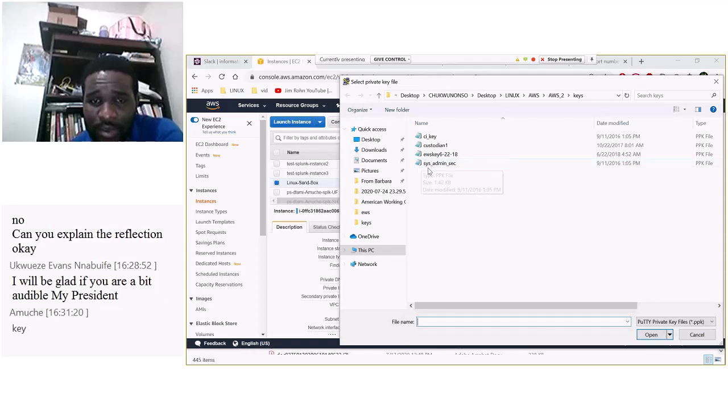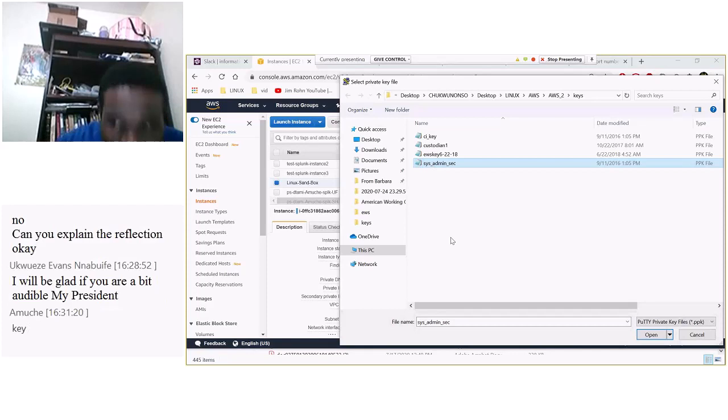Then you should remember, for those that looked at it, you see we sent this key, sysadmin security. So I just call it that name. You can call it any name you want. So I'll click on that key. This is going to give us the permission to log into this server wherever we are. And what I'm doing now,